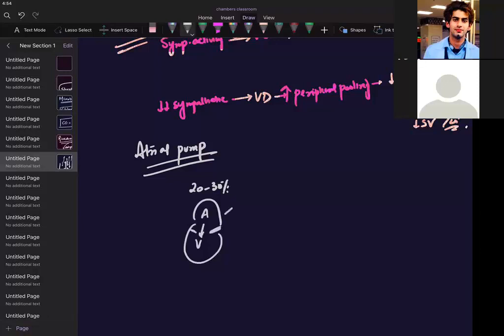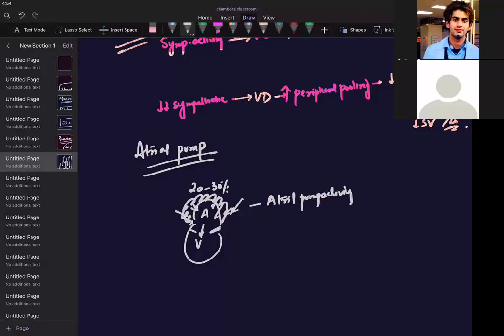when this amount of blood is being filled towards the ventricle by the atrial contraction, the atria is contracted. So what happens? It is called atrial pump activity, or atrial contraction. Now see, if anyone asks you, does the atrial pump contribute normally in resting condition? Does it contribute to stroke volume?